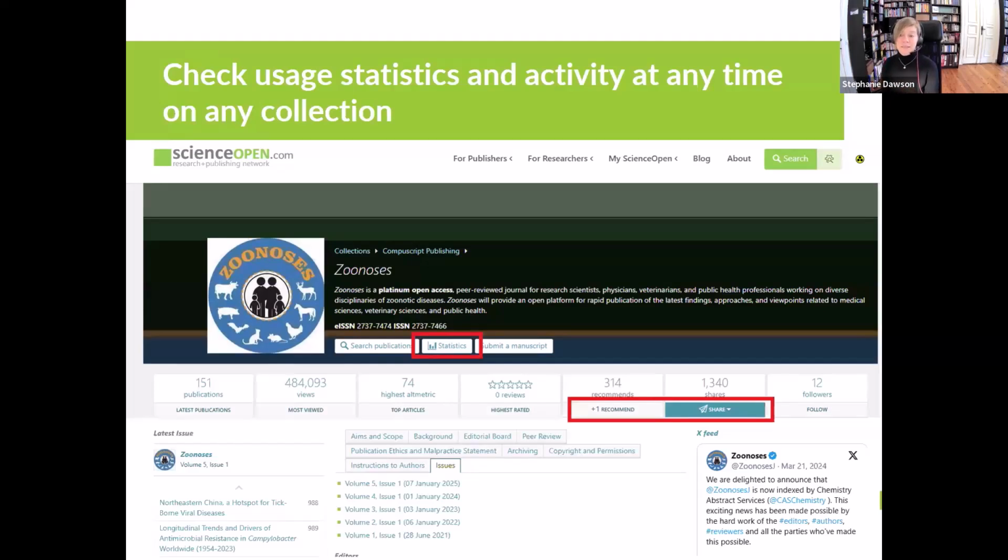Anybody can check the statistics on the fly at any time on the journal landing page with the statistics button. ScienceOpen gives users a number of opportunities to interact with the journal. You can recommend it with one click. You can share via email or X or Facebook. All of the articles are open to our open post-publication peer review system. And then you can look at all of these statistics here on the fly